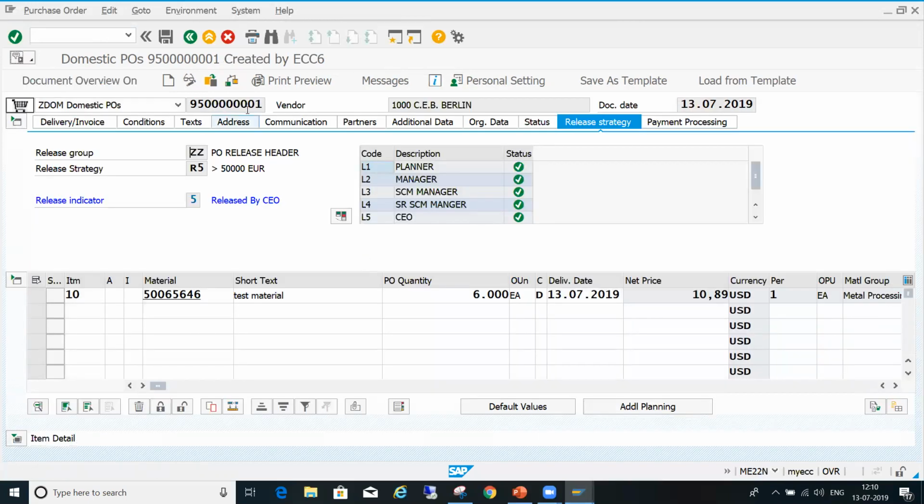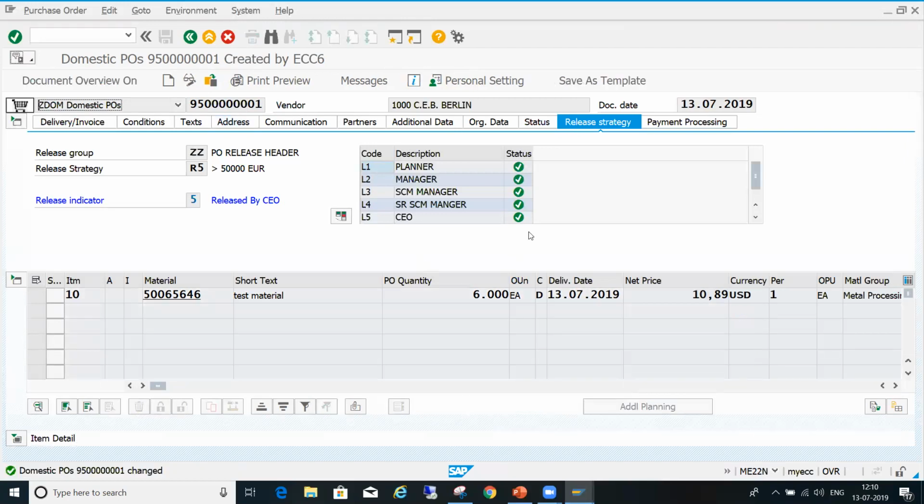Since it is all level released, it will not go for re-release. Only if the second level was released, and after that you change any price so that the total value matches the third level, then it will go for re-release.